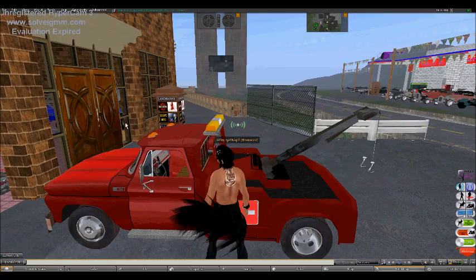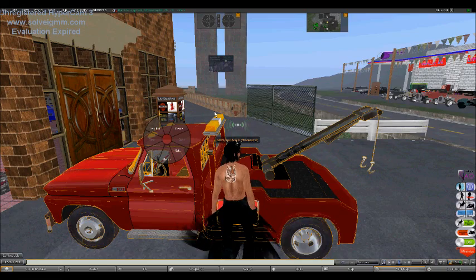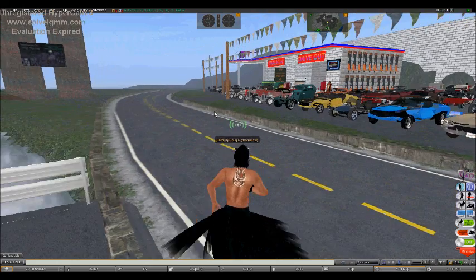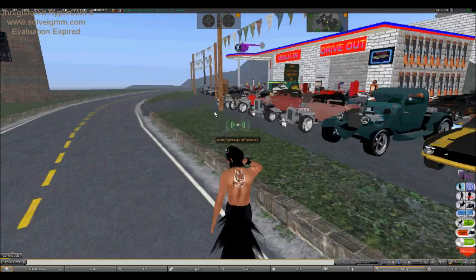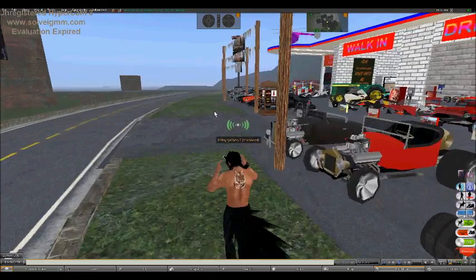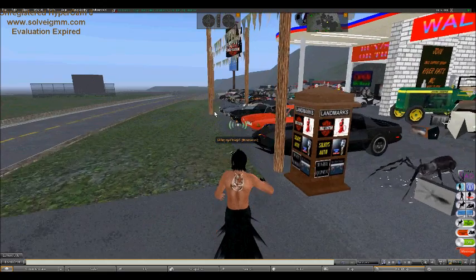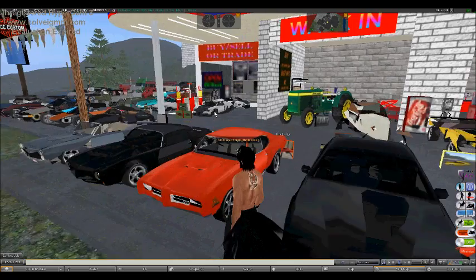How about that tow truck? Is that tow truck for sale? Hell no. Okay, so this place across the street here, these ones are for sale. There's quite a few of them, a lot of hot rods, a lot of 50s and 60s type vehicles, and they have one over here that looks like Kit from Knight Rider. I don't know if they have a General Lee, they got a Judge, and